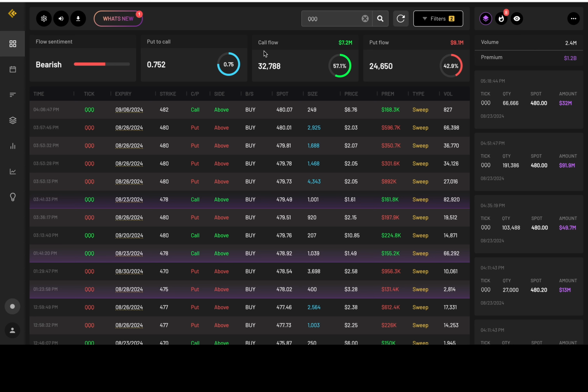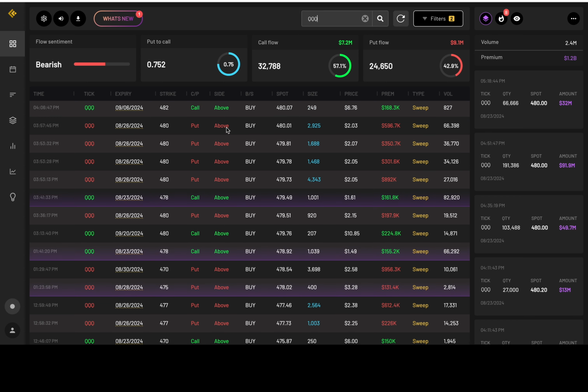Okay, now here's the thing about it though. Calls, 32,000 contracts, over 32. Puts quantity is over 24,000. So higher quantity in calls, but it says bearish sentiment because more money, bigger premiums went into puts. But the best thing about having Cheddar Flow is we can look at the context a little bit. Like, okay, if it's bearish, what contracts are here though? Now, if we take a look at the puts above the ask,